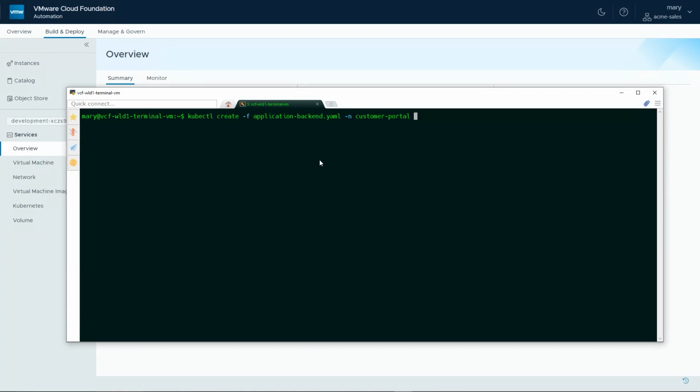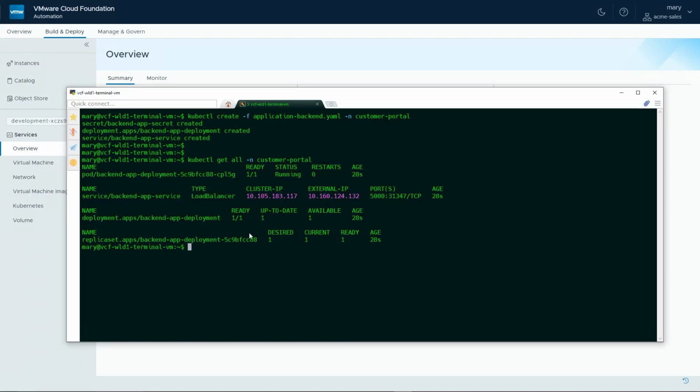So you can see we've deployed three components. This YAML file has three sections, one for secret, one for the deployment, and one for the service. And then if we say get all in customer portal, we can see that our pods and deployments are up and running. And we also have a service IP automatically for the backend app service, which we will use